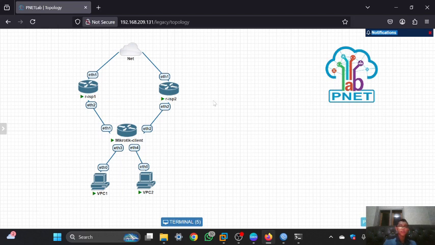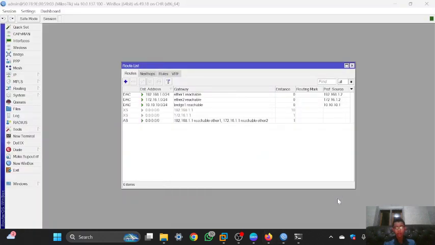And what if there is a case where ESP1 only supports 2 Mbps, and for the router ESP2 only supports 8 Mbps? So the comparison is like 1 to 4. So to configure it via bandwidth, sorry, if it is using the compression bandwidth, you can open the MikroTik client user.